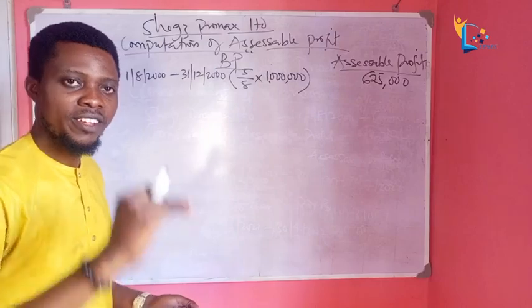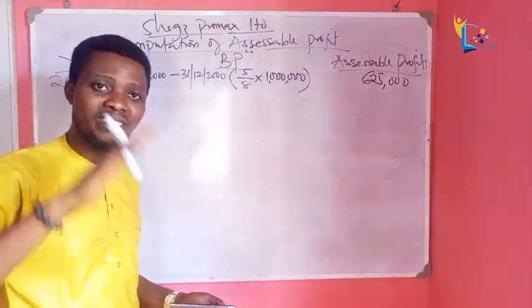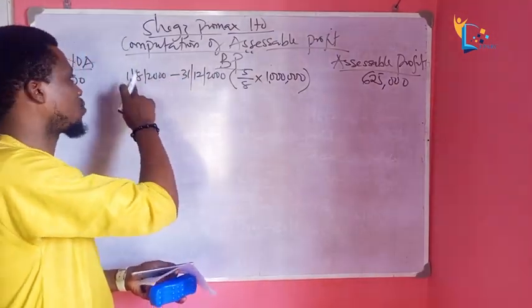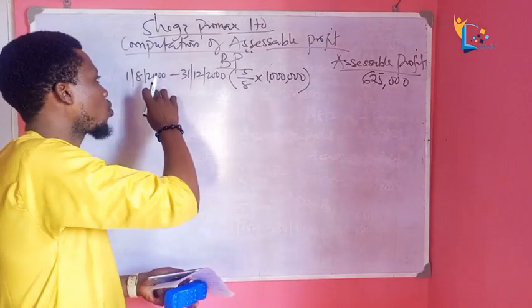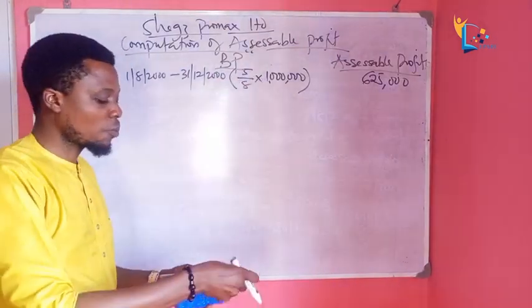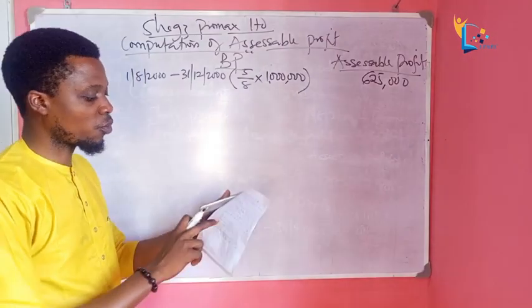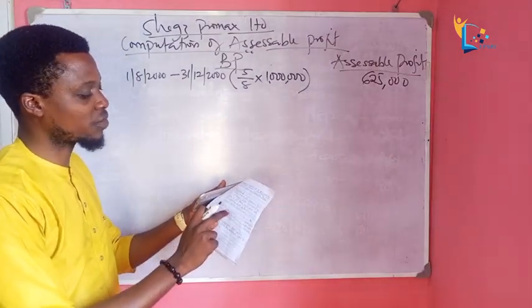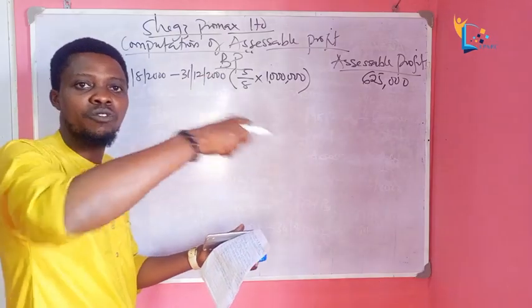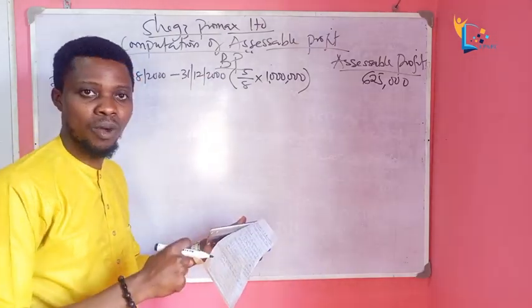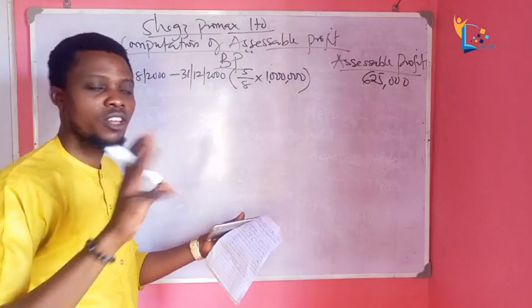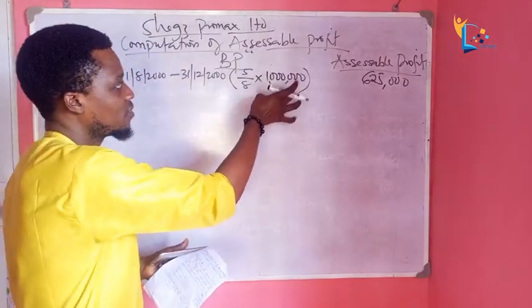According to the rule, date of commencement to 31st December of that same year. The business started in 2000. The start date of the business is 1st August 2000. So 1st August 2000 to 31st December of that same year 2000 is 5 months. But we don't have any entry value for 2000. We only have periods to 31st March 2001. So we'll take the period of that 5 months out of this 8 months, 2001. From the date of commencement to 31st March 2001 is 8 months. So take 5 out of the 8 from this value.